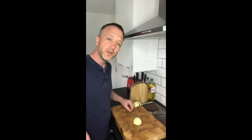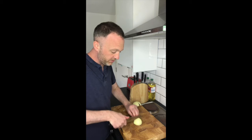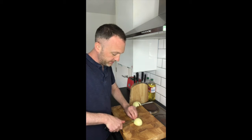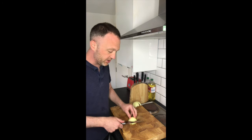So what we do is, see that onion there, and I'm using my knuckle to run the knife down. So we run the knife down, 1, 2, move the knuckles back, keeping the fingers tucked away, and down again. And then we go, look, an incision at the bottom. I'll make a second incision on the top,